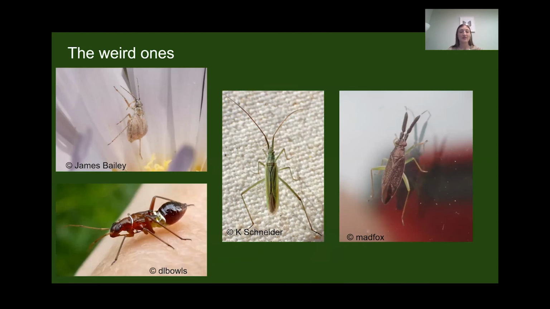And then we also just have some plain weird ones. We have this one with an enlarged abdomen. We have ones that look like ants. There's really long, skinny green ones, as well as ones with strange antennae. As you can see, plant bugs are a highly diverse group of insects. And I just want to say thank you for listening and learning about Miridae.